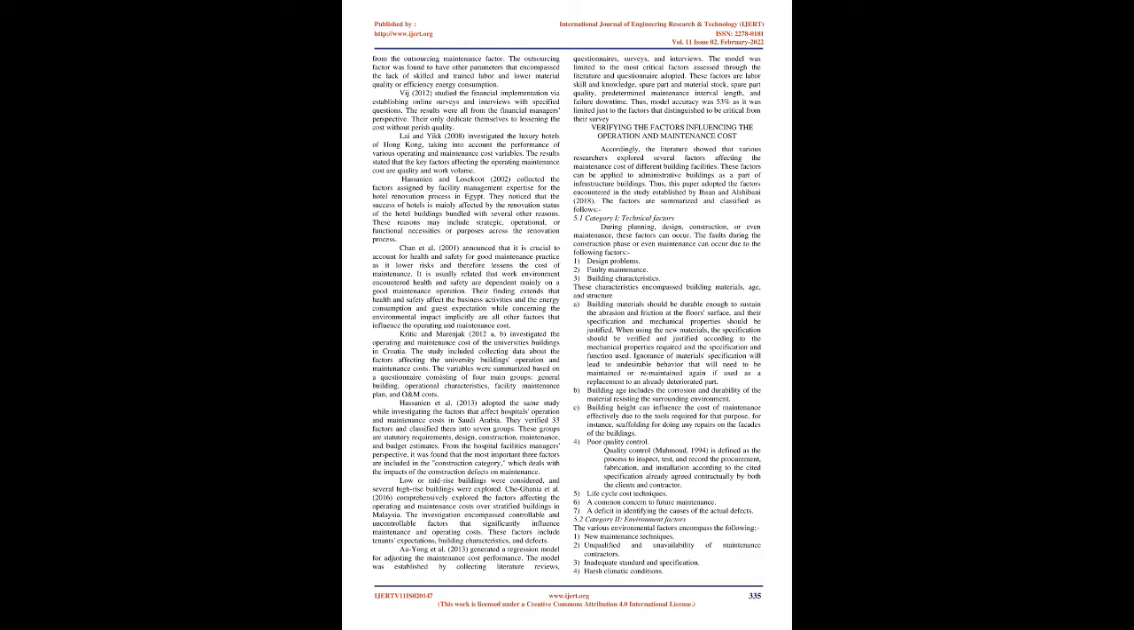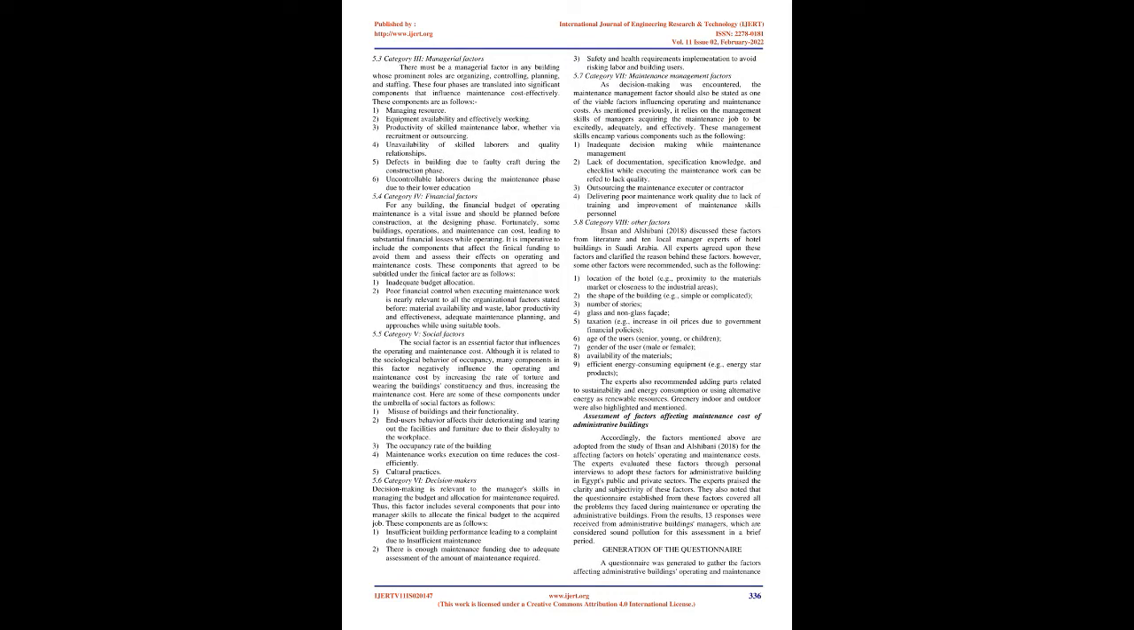Critic and Maranjak, 2012 A.B., investigated the operating and maintenance cost of the university's buildings in Croatia. The study included collecting data about the factors affecting the university building's operation and maintenance costs. The variables were summarized based on a questionnaire consisting of 4 main groups: general building, operational characteristics, facility maintenance plan,